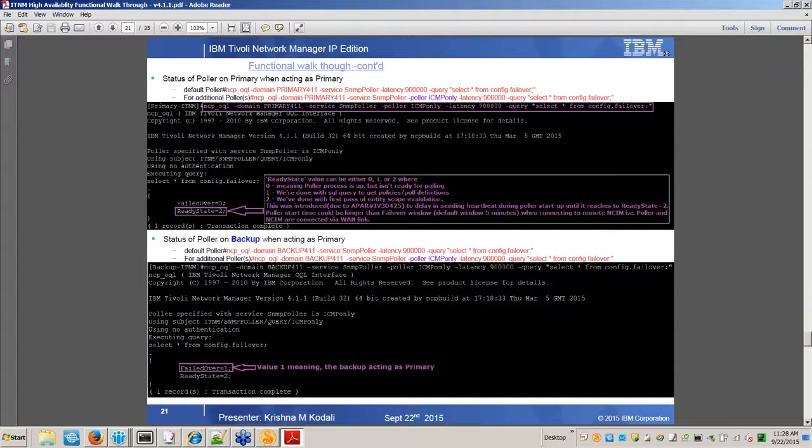When you run the query on the poller for the config.failover table, it has a ready state and a failover attribute. The failover attribute, when the value is 1, means it failed over, and the backup is probably acting as a primary. We do have the ready state, which possesses 3 values: 0, 1 and 2. 0 means the poller is up, but it isn't doing any polling. A value of 1 means it has sent the SQL queries based on the poll policy and definition